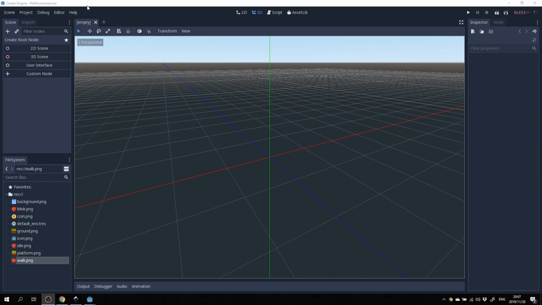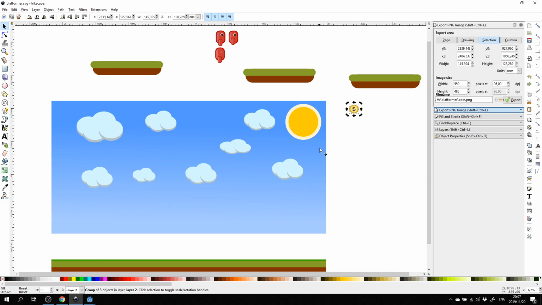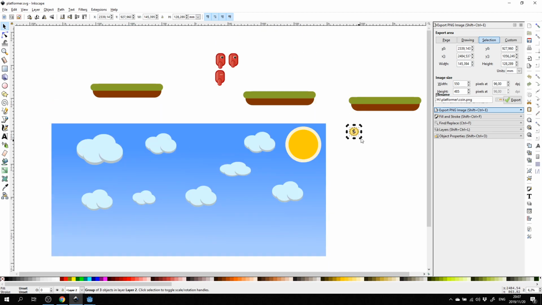So just to show you, I've started off a very blank project over here in Godot. We first of all want to switch over into 2D mode, and you'll see on the far left I've already imported some of my assets, which I essentially just created off this Inkscape project. I just drew a few animation frames, some platforms, a background, and basically a floor object, as well as just a coin. You can use whatever you want in your game or your project.